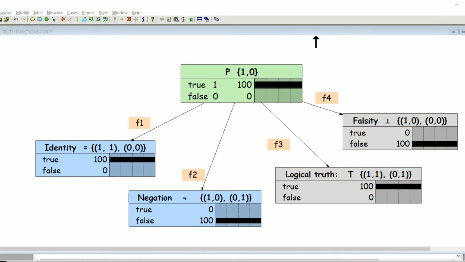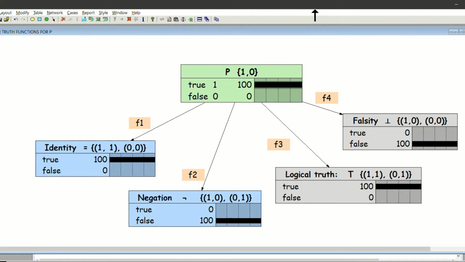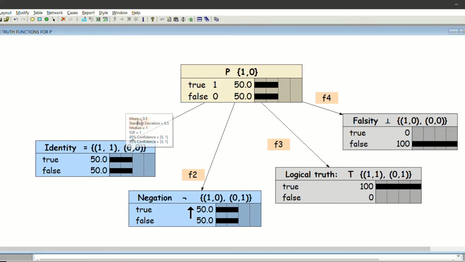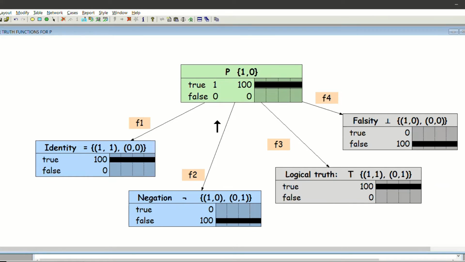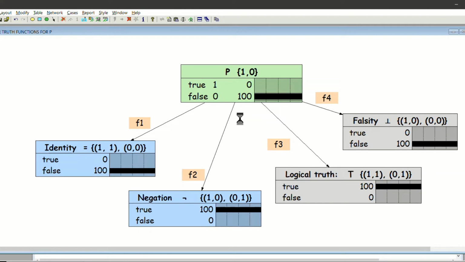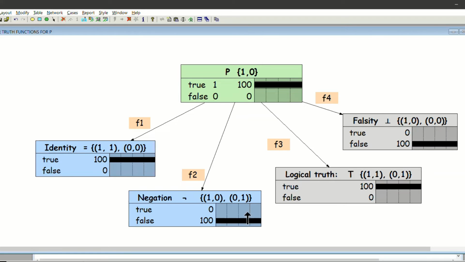Okay, well, here we are. So, this is the truth table that we are aiming to reproduce. Let me remove the finding here. So, true or false, we haven't entered a value, and watch what happens to this and this. I'll put true here, and when that's true, well, identity is true, and negation, of course, is false. So this goes down, and that goes up, and that goes up, and that goes down. So I can go back and forth.